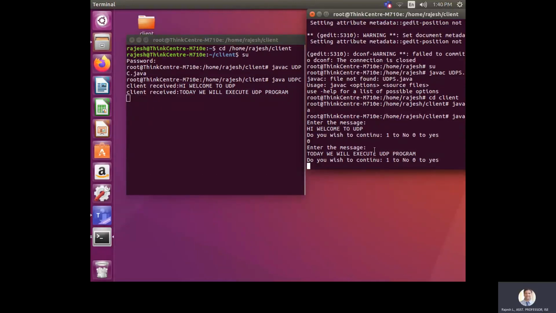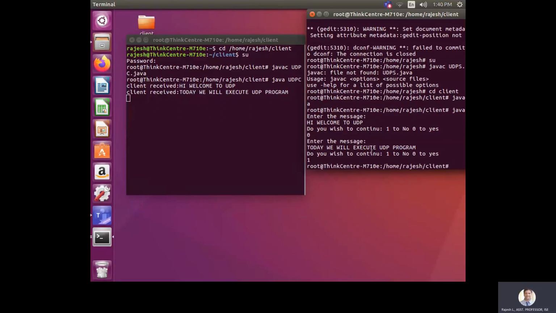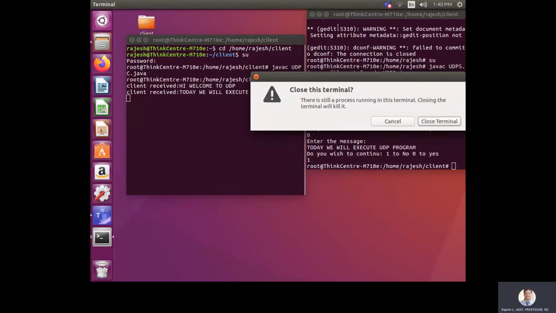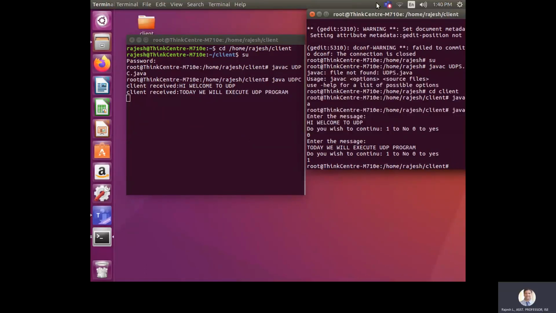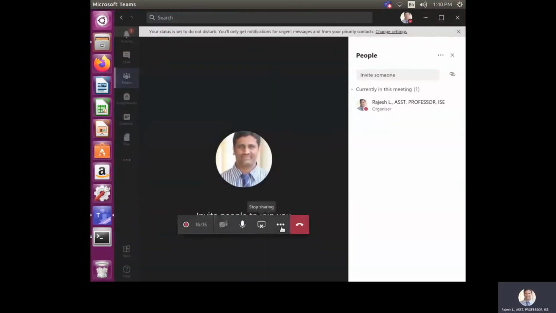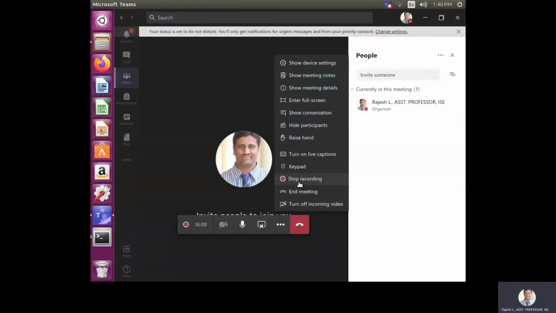Come over here, if you want to continue, input 0, otherwise put 1 so that the program gets ended. This is how the client server program will execute. Thank you.